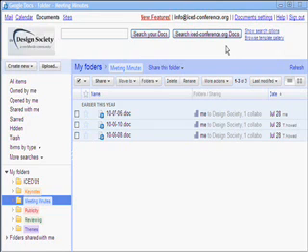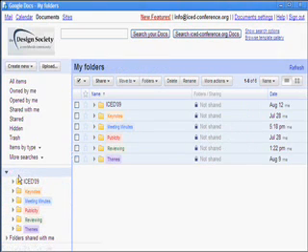Next thing we're going to do is go through how to create a new folder and then how to upload files to the particular folder. So at the moment we're in meeting minutes, so I want to create my new folder at the number 1 level. So if I select my folders,